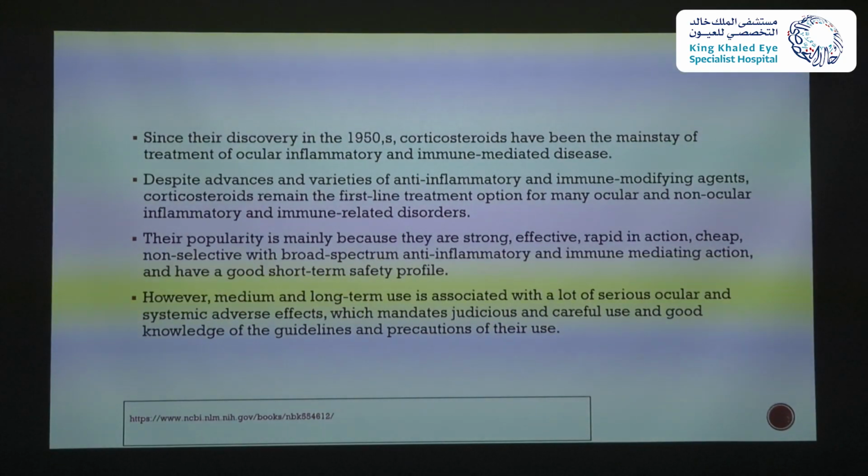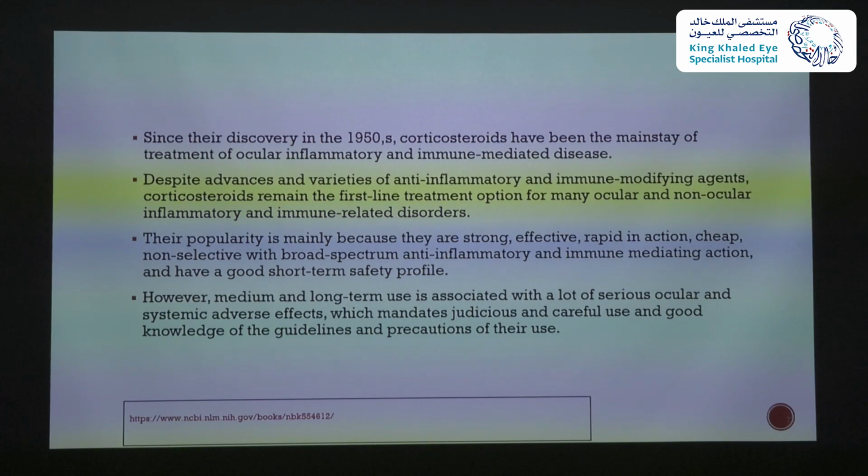And despite advances and varieties of anti-inflammatory and immune-modifying agents, corticosteroids remain the first-line treatment option for many ocular and non-ocular inflammatory and immune-related disorders. This popularity of steroids is mainly because they are very strong medication, very efficient and rapid in action, cheap, non-selective with broad-spectrum anti-inflammatory and immune-mediating action, and they have a good short-term safety